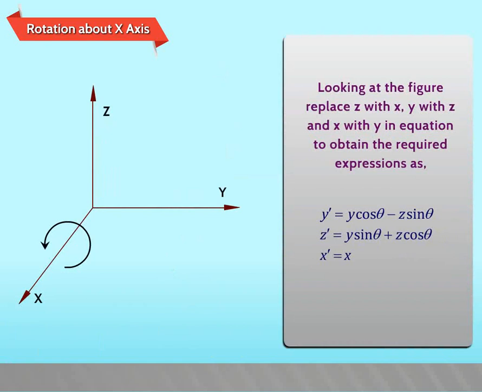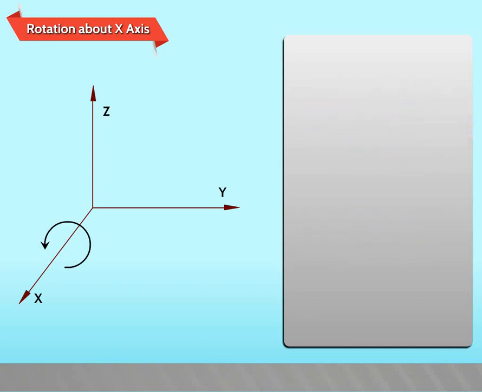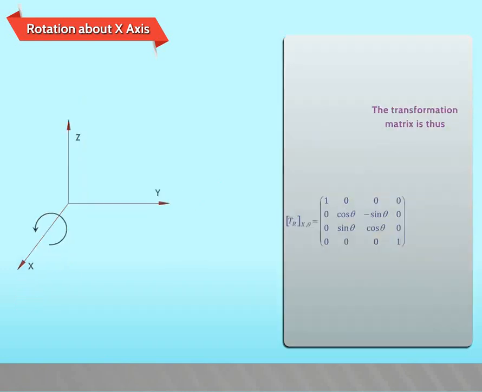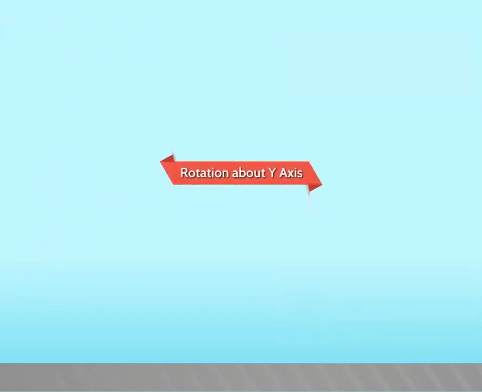Looking at the figure, replace z with x, y with z and x with y in the equation to obtain the required expressions as y dash is equal to y cos theta minus z sin theta, z dash is equal to y sin theta plus z cos theta, x dash is equal to x. The transformation matrix is thus